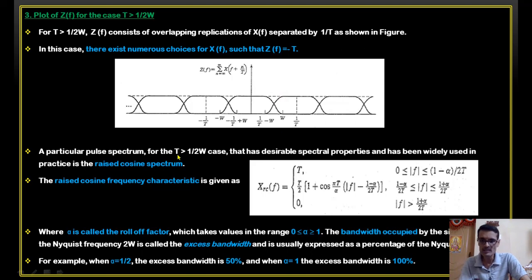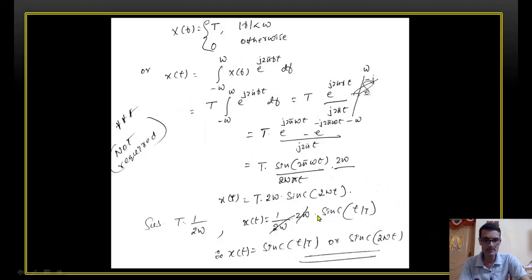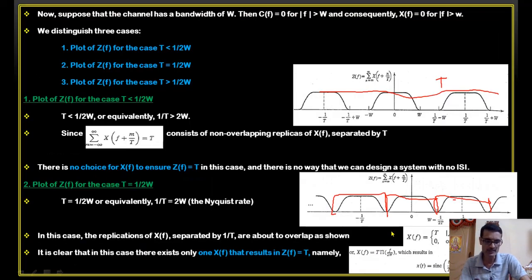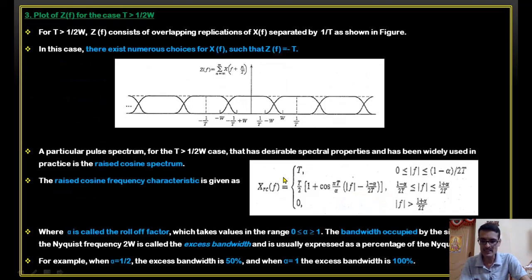Okay, now in this case, when I take an inverse Fourier transform of such equations in the z of f, this is this kind of shape, okay? This kind of thing we can generate by using something called a raised cosine spectrum. See, here we got a sinc pulse, right? This is a sinc pulse, right? In the frequency domain, we get something called a raised cosine spectrum, which I'll show you in the next slide in the time domain. So this is possible with a raised cosine spectrum in the frequency domain.